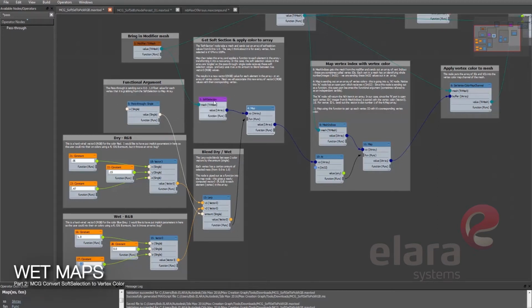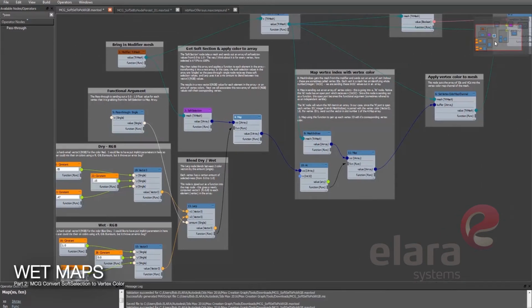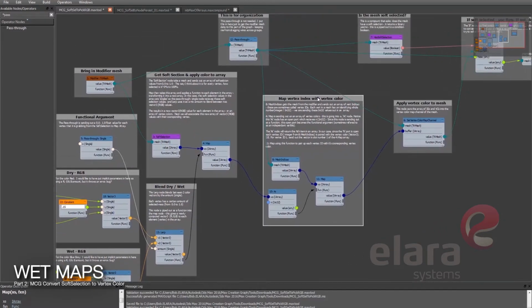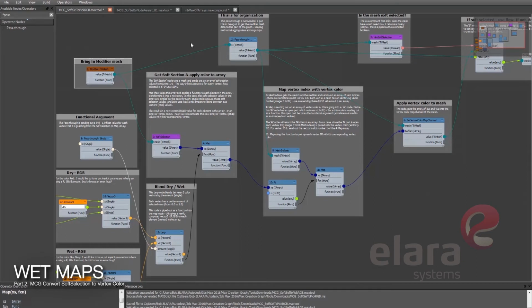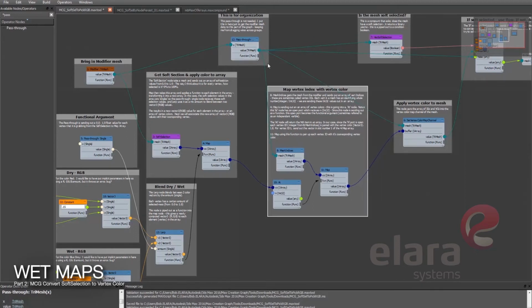What map is doing here is taking that array and transforming it by this function, and we'll have a new array of a bunch of different RGB values, one for every vertex. But then we have to reassociate that with the vertices, and that's what we do in this next piece here, map vertex index with vertex color. So we take our modifier mesh again, and I just brought this little pass through here. It's just for organization. It doesn't do anything but pass the information up here and down to here so that we don't have wires going straight through our description.